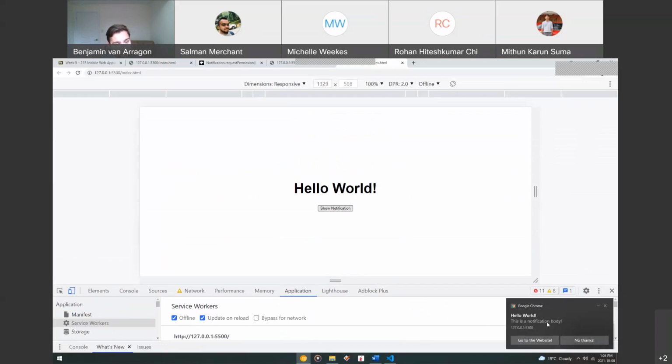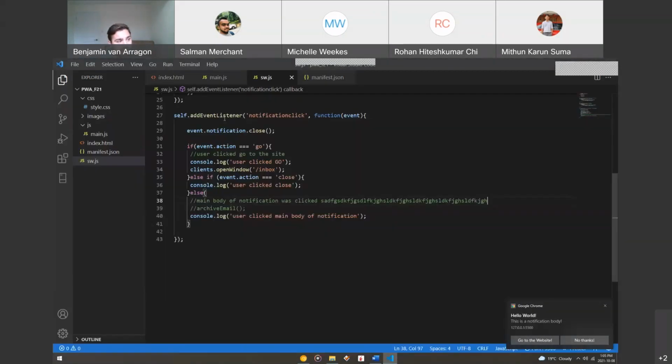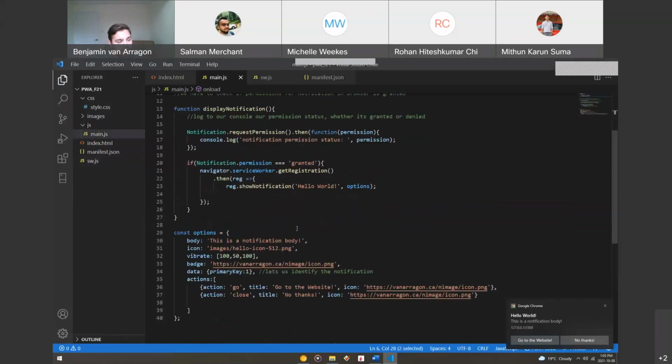And we can see, look, this is a notification body. Go to the website, no thanks. But the images aren't there anymore because remember, I referenced those icons from a URL, not actually from my asset folder. So if I go to my code here and I go to my main.js and say we don't